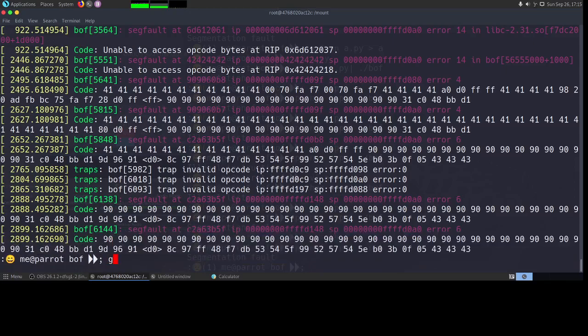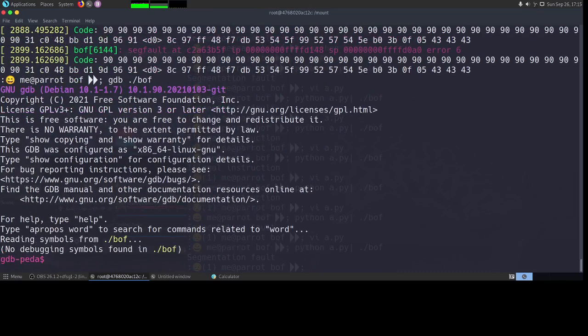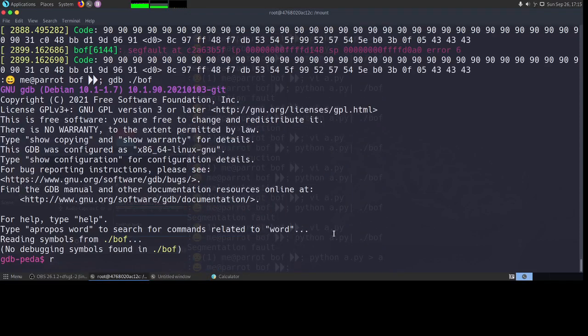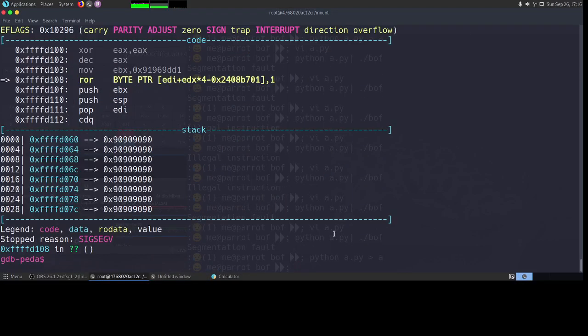Okay, let's run it in GDB again. Run. We'll give this input.